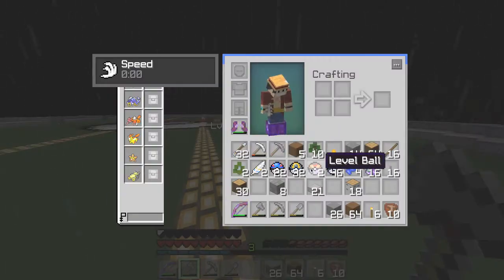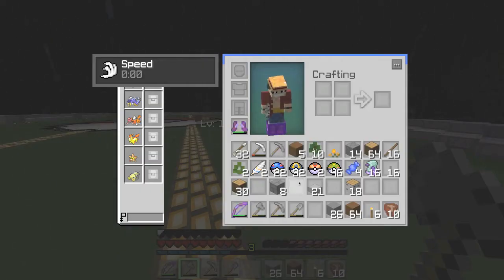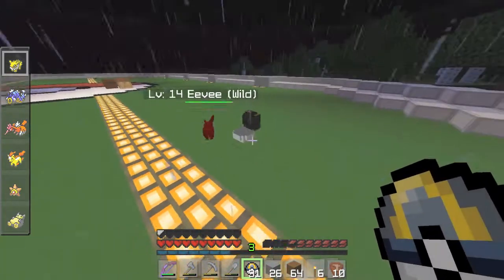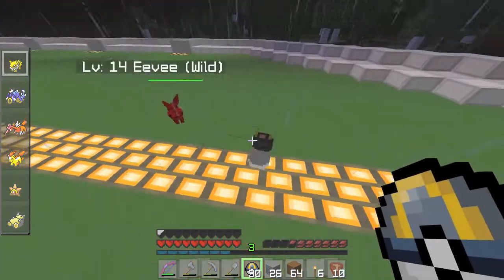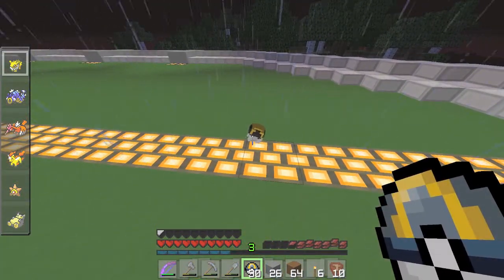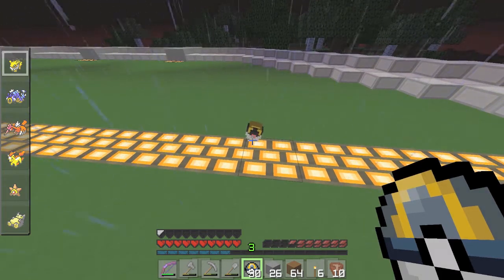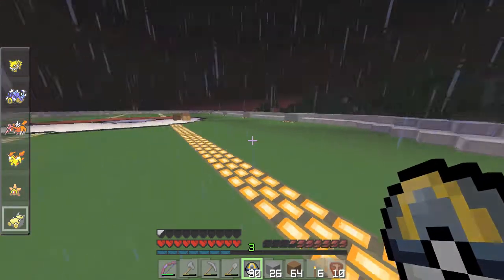So I've got a few Pokeballs with me, so I'm going to start off just by throwing one at it, see if I can catch it that way. No, it doesn't want to get caught that way at all, does it? Does it? Go on, say it does. No, okay. Alright, let's throw